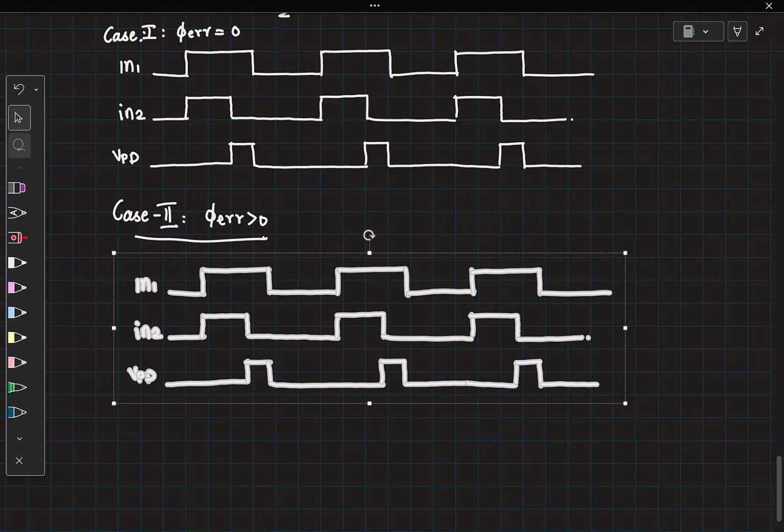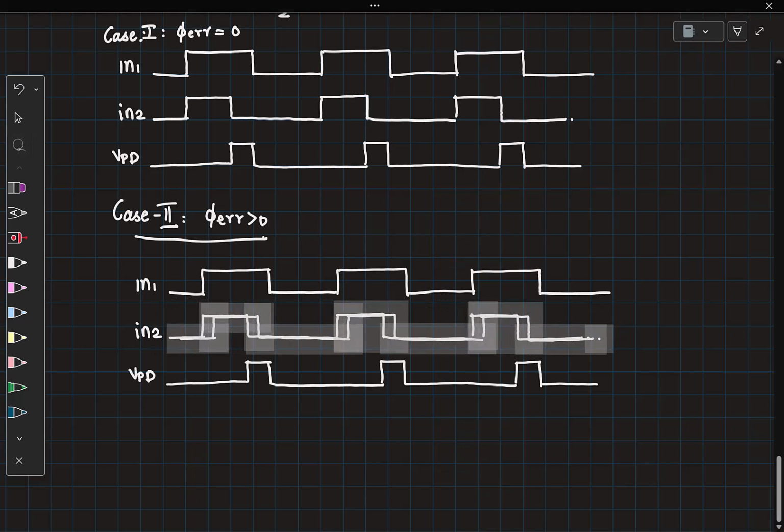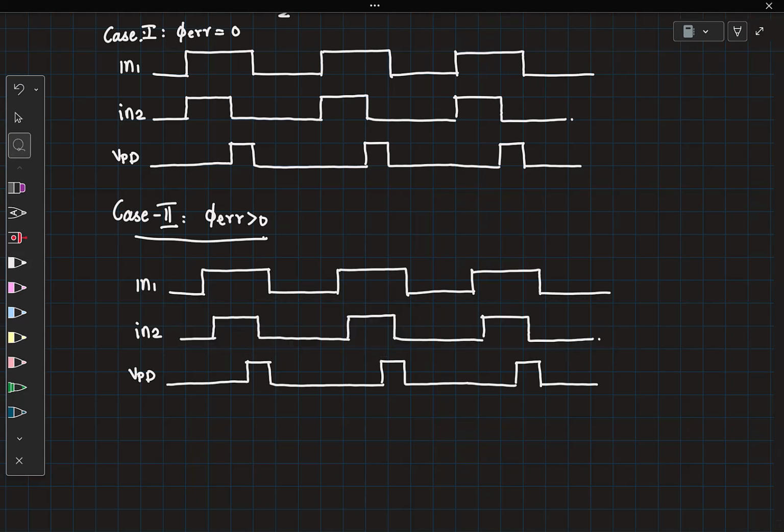I'm simply going to move the in2 signal to this side by a little bit. Now corresponding to this, I'll have a small pulse here, and this pulse will change the shape like this. So I'll have a small pulse in this duration, and this pulse has now changed the shape like this. Now if I look at the area under this pulse, that is the same as the reduction in area for this